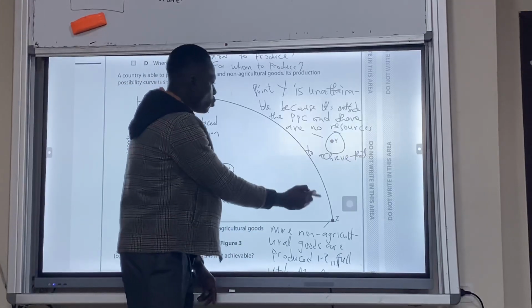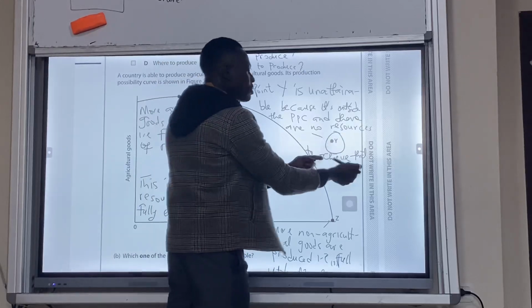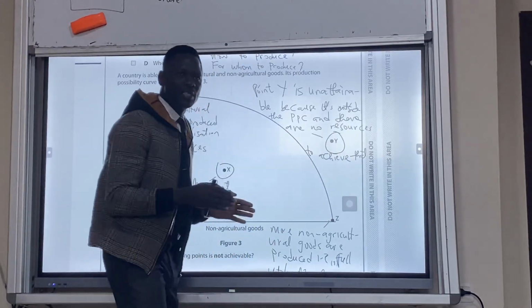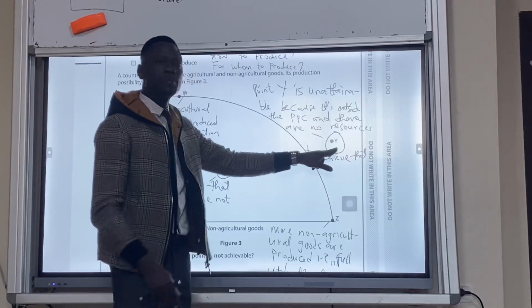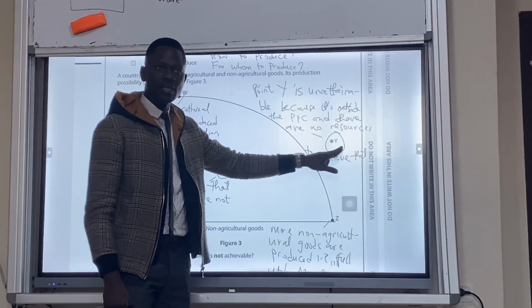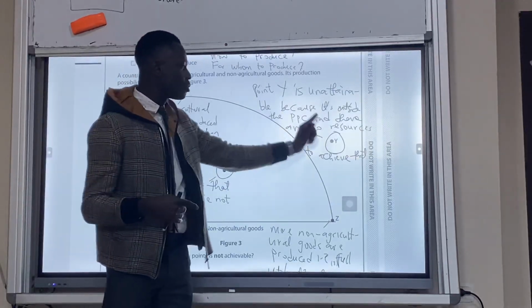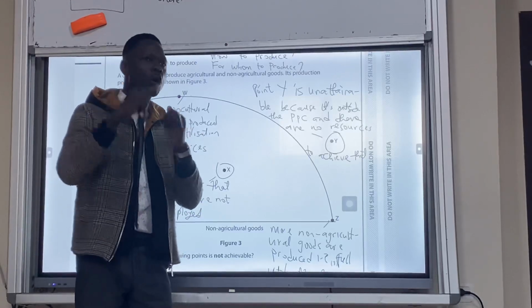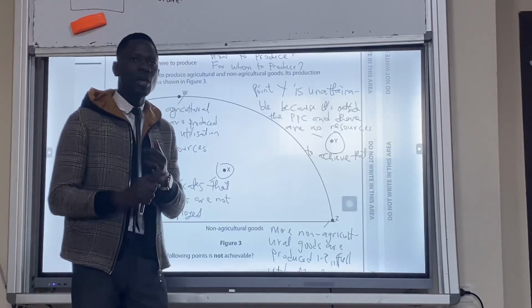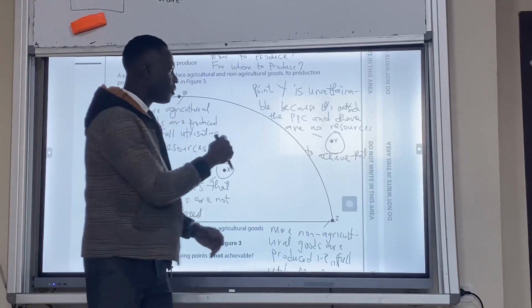This is the point where we can stop, because this is where we end up. Anything outside here, we cannot achieve it. It is not attainable because we don't have resources to produce at this point. Do you understand? For resources to be used, what would make us have an outward shift in the PPF would be that we have new raw materials or new resources discovered or technological advancements. Do you get the point I'm making here?